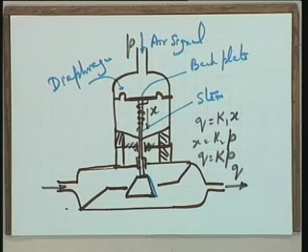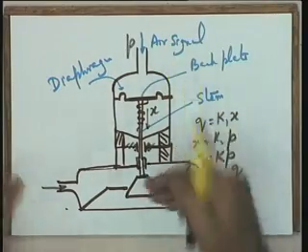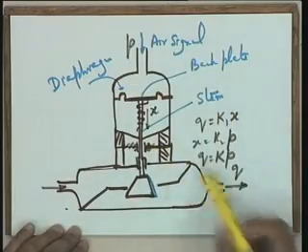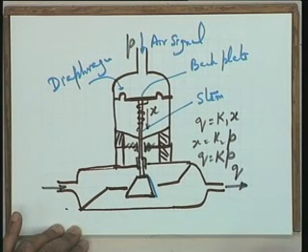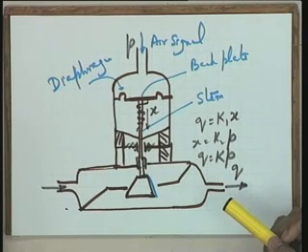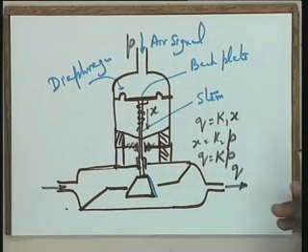Okay. Again, at this juncture I could raise a question: could you suggest an alternative hardware to realize this objective? Your purpose is to control the flow, and to control the flow you want to control the stem position, and to control the stem position you have an air signal. It means a suitable air pressure signal will have to reach this point so that the flow is accordingly controlled. So my question to you is, can you suggest any alternative, simpler arrangement to control the flow in this particular case?